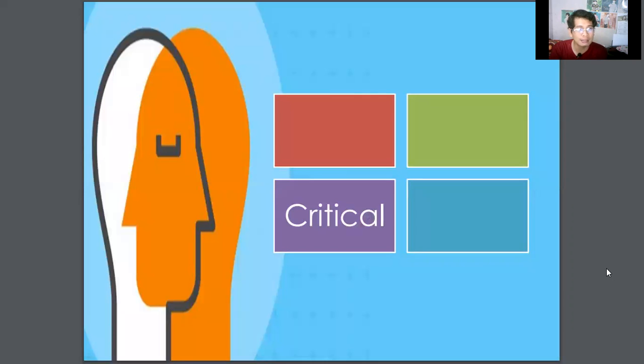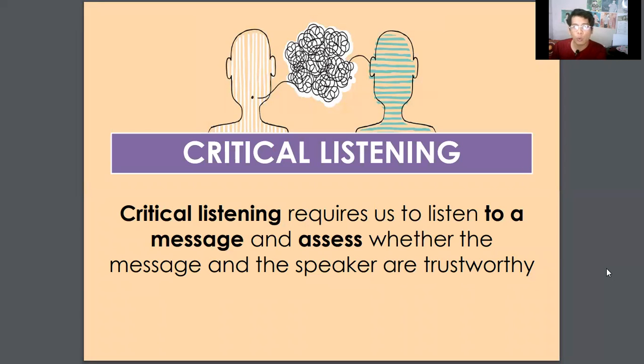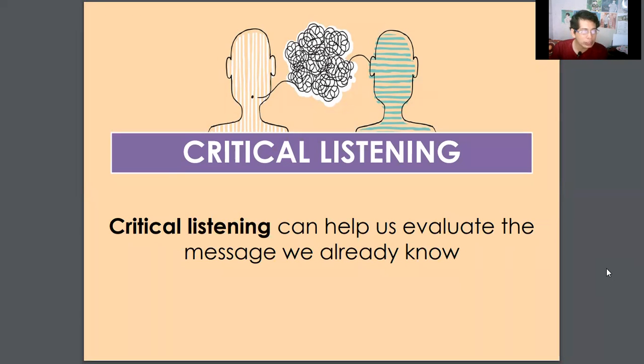The next one is critical listening. Critical listening requires us to listen to a message and assess whether the message and the speaker are trustworthy. We keep on mentioning critical listening even in our previous discussion. Critical listening can help us evaluate the message we already know. Let's say, for example, we already have prior knowledge about what communication is, and you listen to Sir Batch's discussion that adds another knowledge to you, although there is informational listening on that aspect, and then you would now evaluate whether what you currently know is